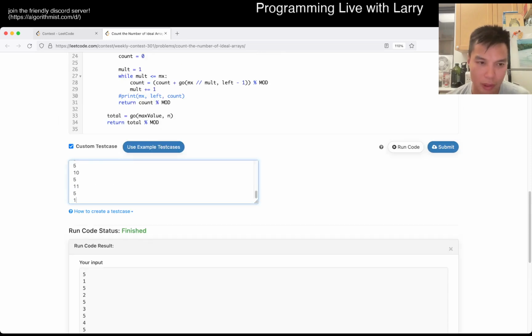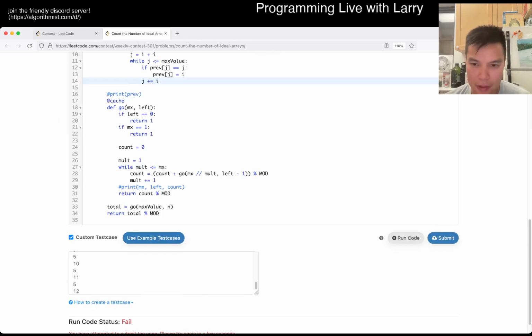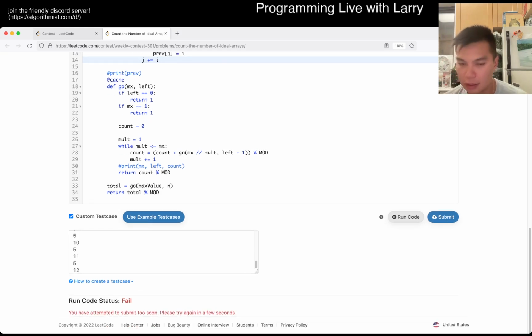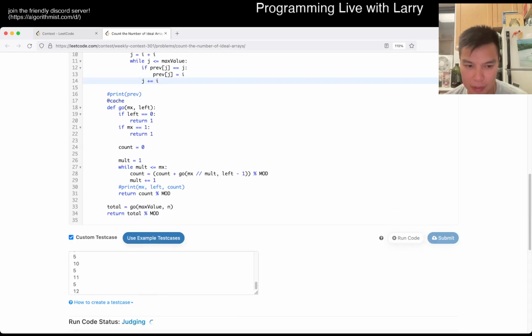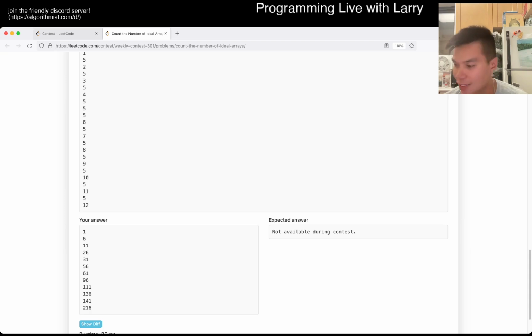Okay. 12 is not prime. 12 has 1, 3, and 4, so it can go 1, 3, 12, 1, 4, 12, and so the same thing that we said, then it should be plus 25. Wow, that's not even close. Oh, because there's also 1, 2, and 6. Okay, I forgot about 1, 2, 12, and then 1, 2, 6, and 12. Oh man, this is a mess actually. Because now you add a lot more combinations. I don't even know how you do that without